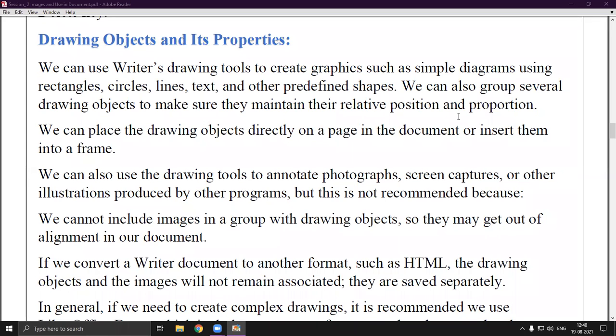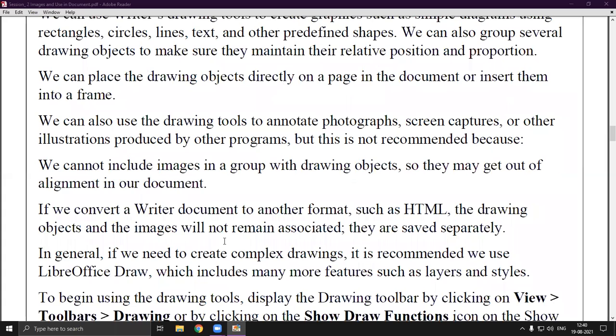Because it may have some conflicts. If we include an image as well as a drawing in it, then the image may fade out and get out of alignment in our document. So if we are using images as well as drawing objects such as a rectangle, then the image may fade out and get out of its alignment.